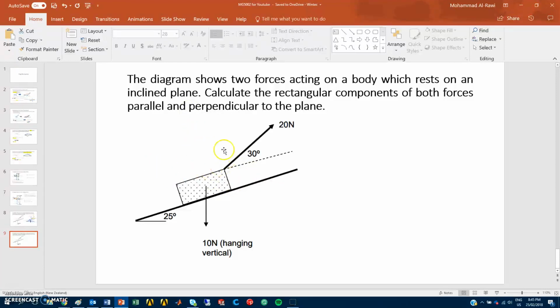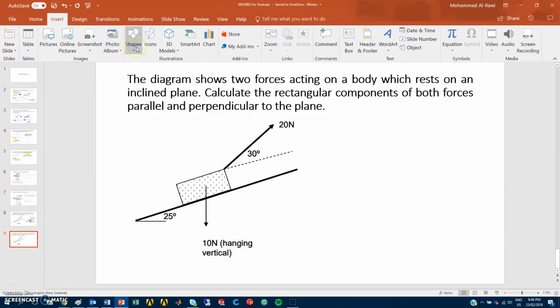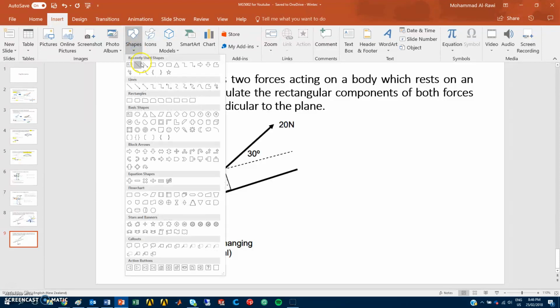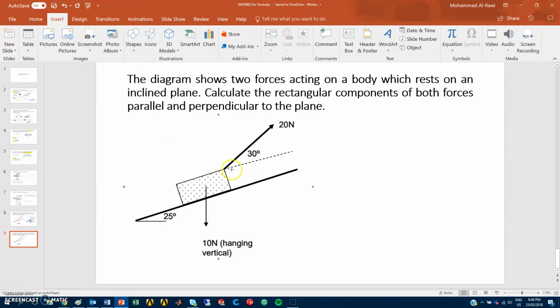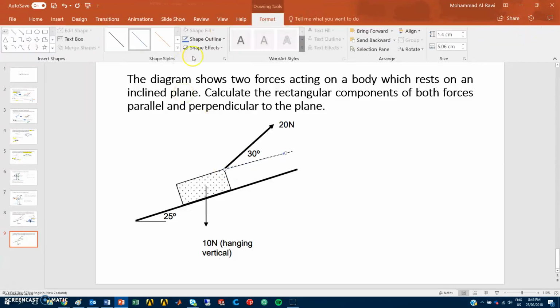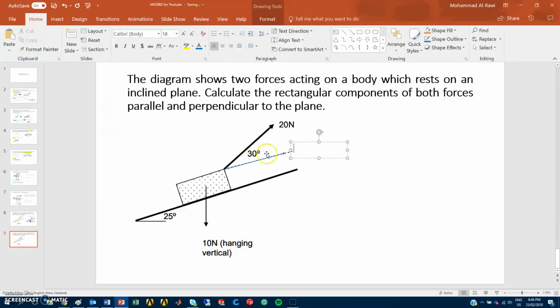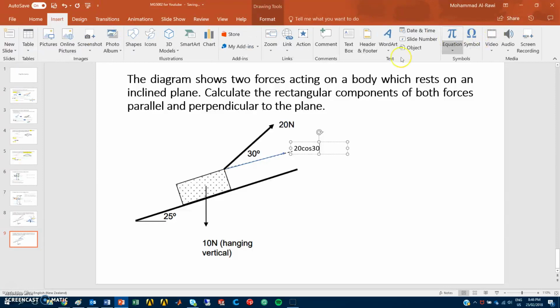So I will use the same free body diagram. I will try to solve this question. So first of all, let's try to find the components of the 20 newtons. So first force will be going in that direction, and I'll write the equation for it. So let's say this one will be, because again, the force is going towards the angle, which is 30 degrees. So it will be 20 cosine 30,